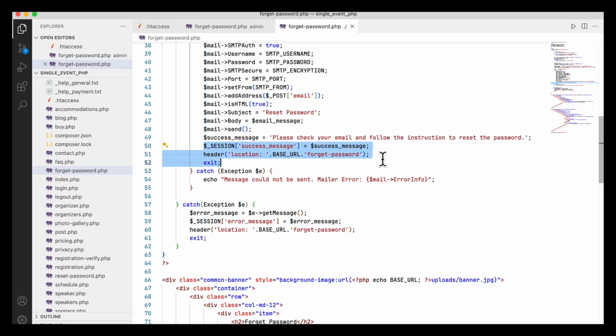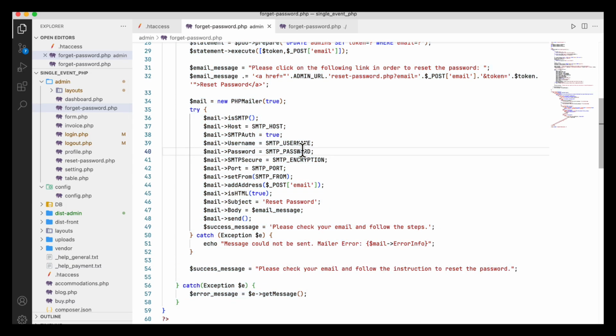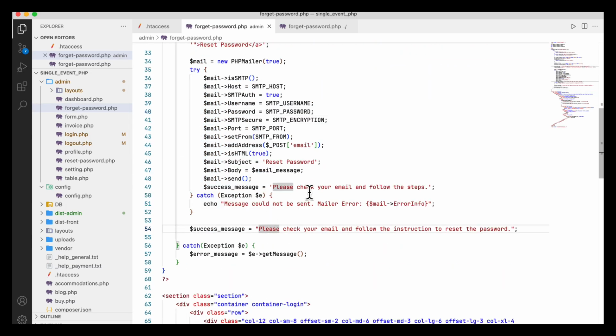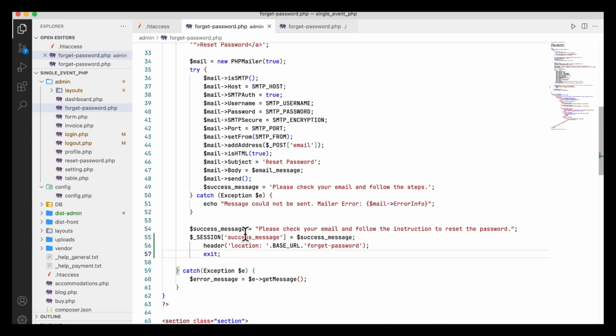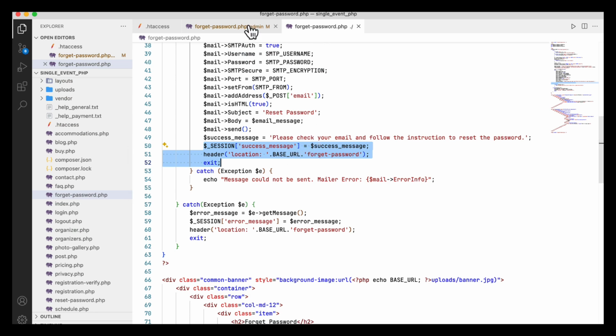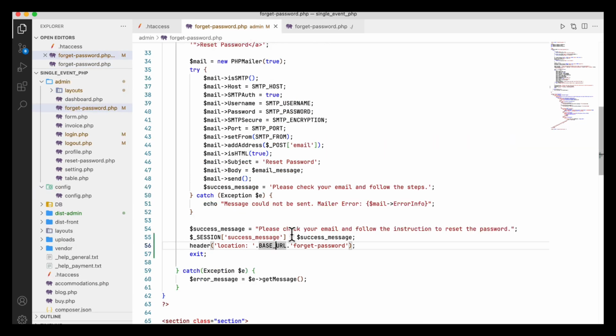So here I go to this location, that is, the success message is okay. Now paste it. So here the base URL, but in the case of admin it is actually the admin URL, right? So in the admin URL you will be taken to forget password.php,